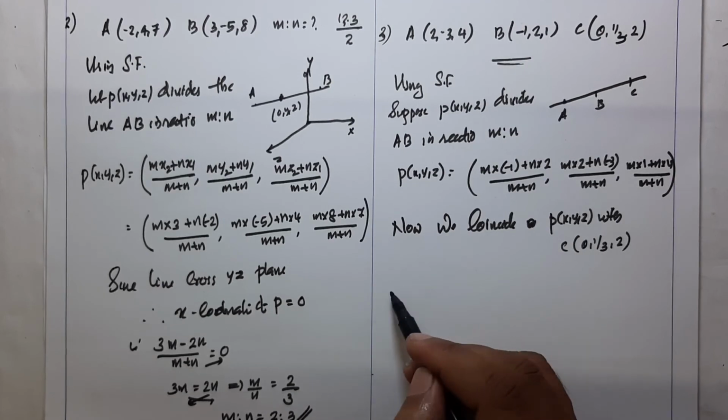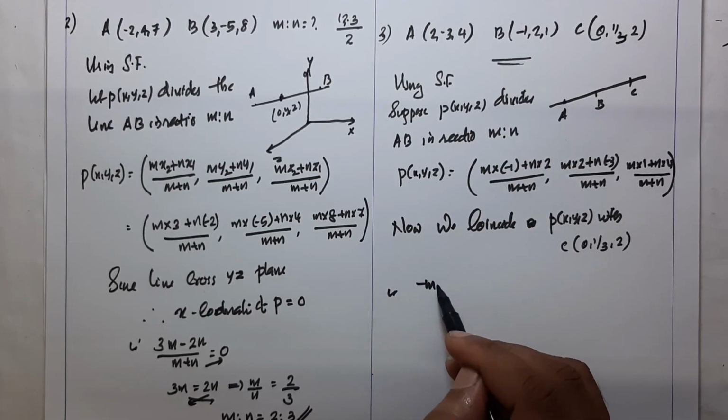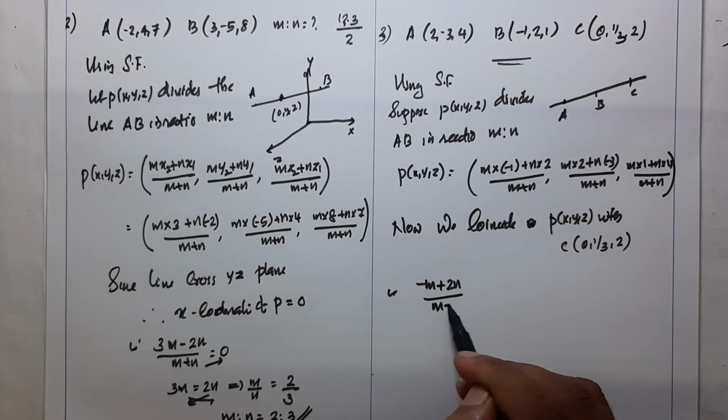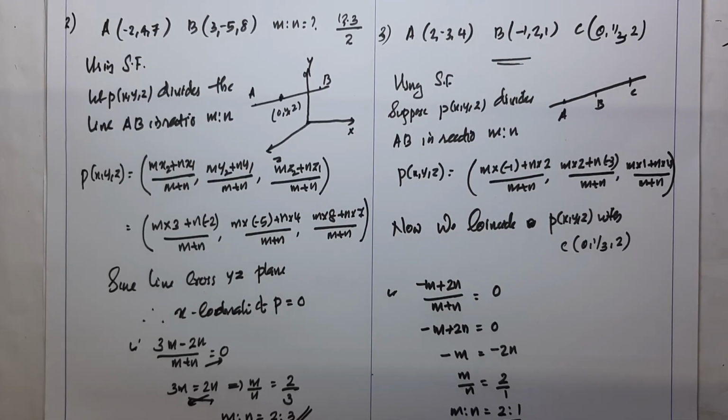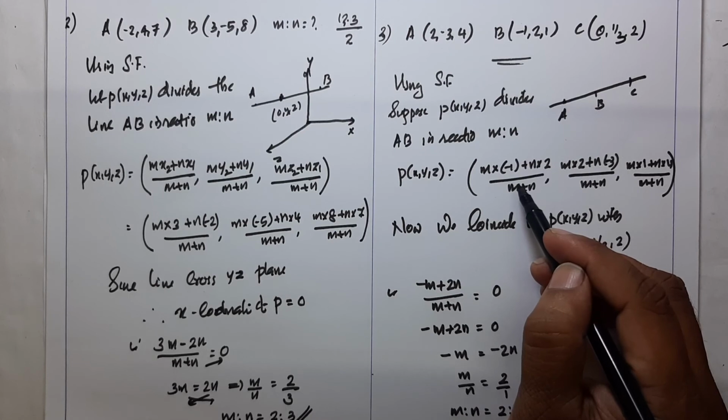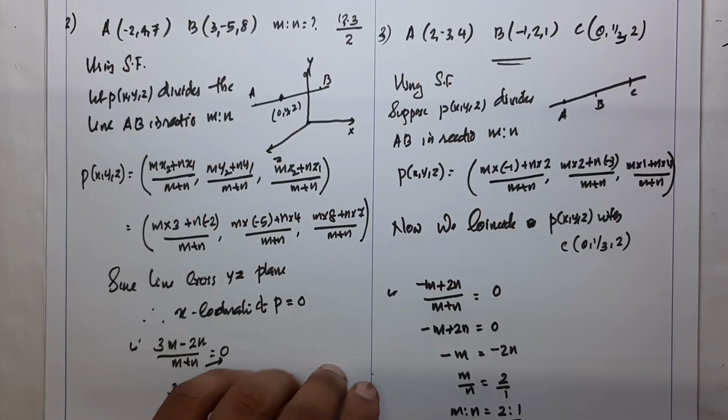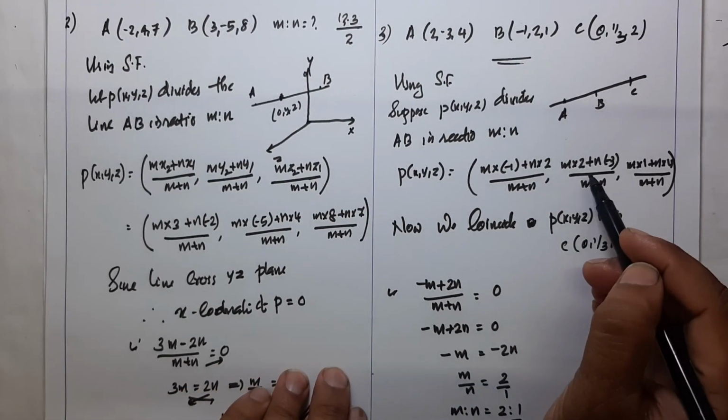Our next step: (-m + 2n)/(m + n) is equal to 0. Therefore, -m + 2n is equal to 0, and therefore -m is equal to -2n. The minus signs cancel, so m/n is equal to 2/1. That is, m is to n is equal to 2 is to 1. First, we equate the x coordinate of P with 0. Second, we equate the y coordinate of P with 1/3. That is